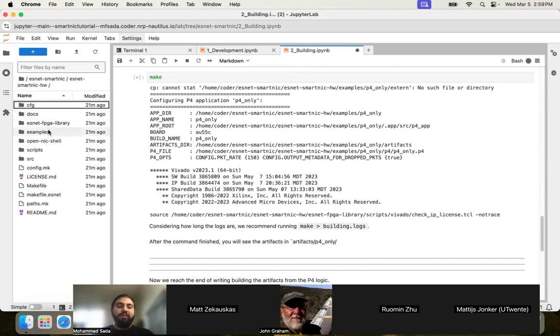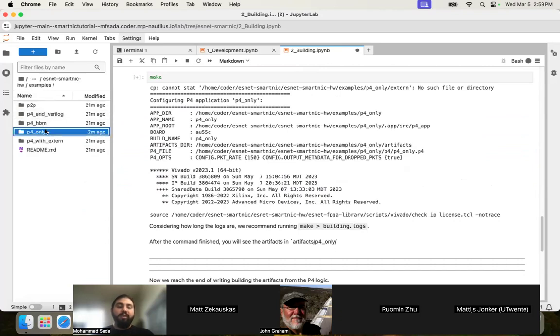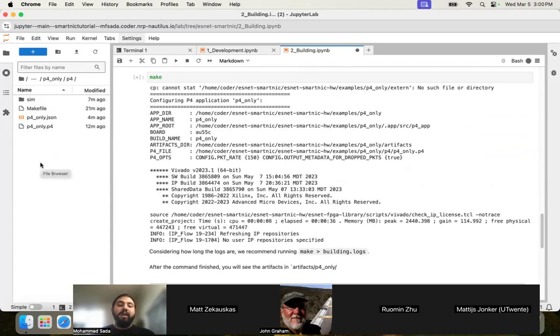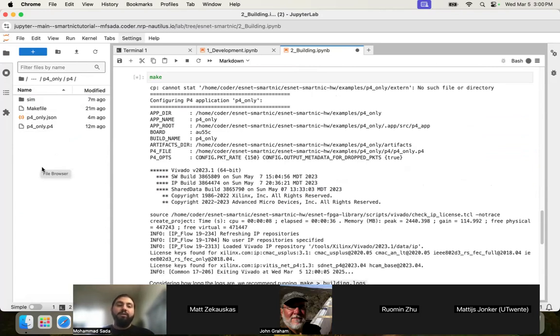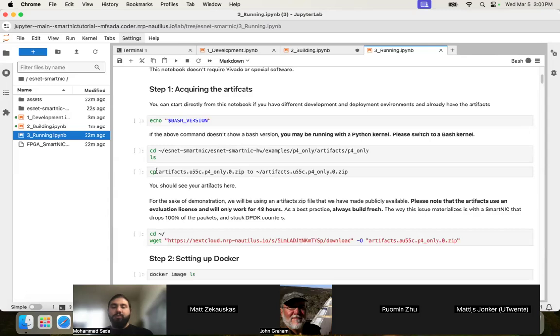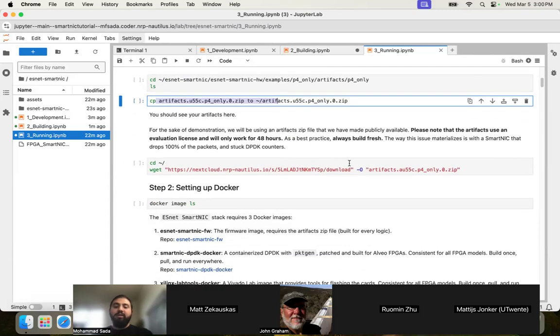So we're in the hardware repository. There's examples, P4_only. Inside P4, you'll see there's a new folder that will be created once this is done. It'll be called artifacts. And inside of it, you'll see your program, just P4_only. Inside of it, you'll see your zip file, which is used in the third notebook that we have, and that zip file,